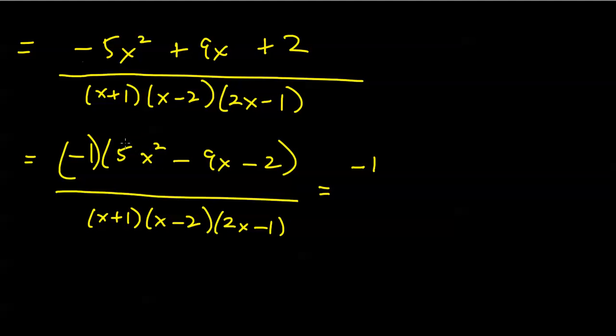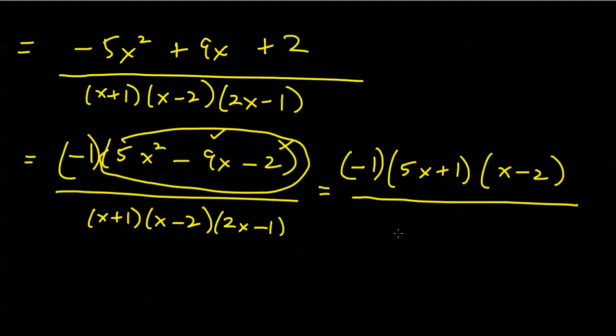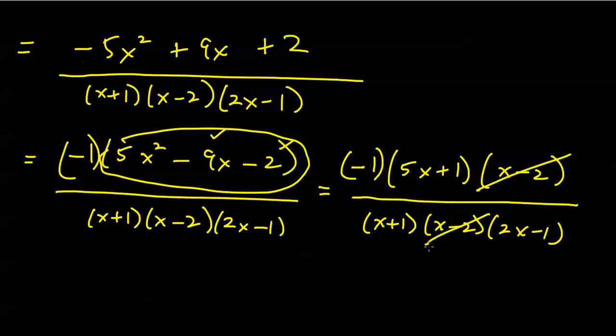Alright, factoring this resulting trinomial in my numerator, I think I see a 5x plus 1 times x minus 2. Let me check it. 5x squared minus 10x plus 1x is minus 9x, and then minus 2. It looks good. Don't forget that negative 1 factor is still floating around upstairs. Alright, if I rewrite my common denominator, of course we see now easily that I've got a common factor of x minus 2. So I've gone as far as I can,